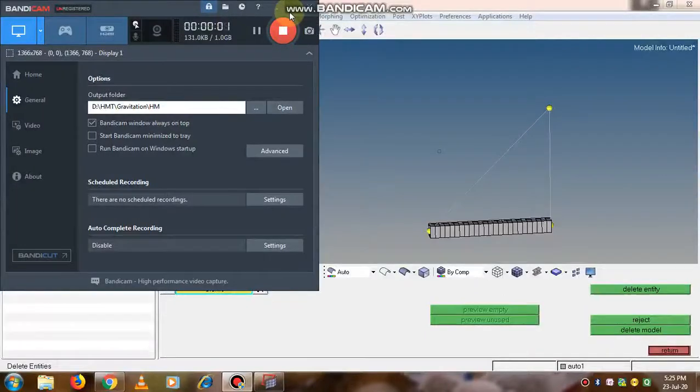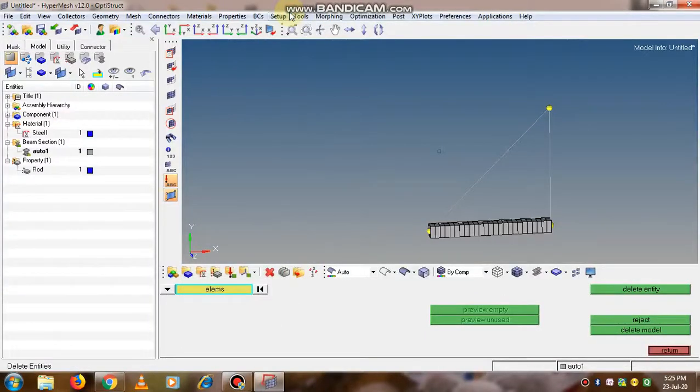Friends, in this video we will see how to create the bar elements. So bar elements are basically 1D elements. In the last video we have seen the rod elements. So now for bar elements,